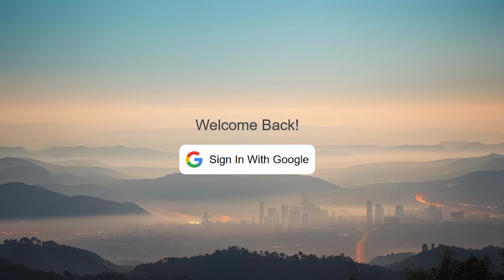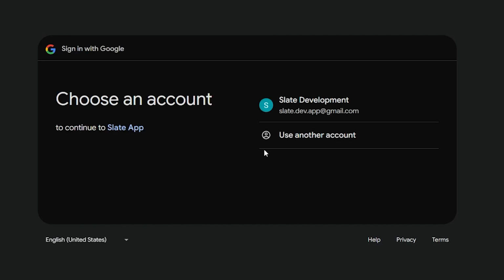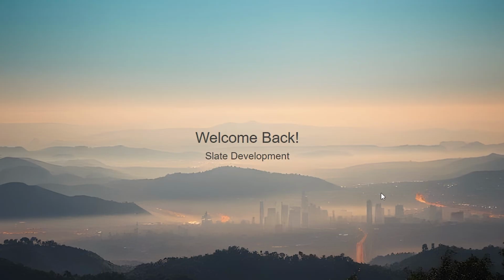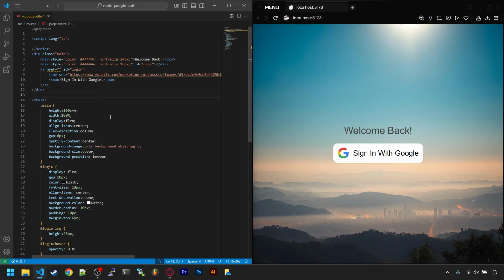Hey, in this video we're going to be making a sign in with Google button that uses Google's OAuth2 Authentication API. I'll show you all the steps needed to set this up, including what's needed on Google's side. To start off, I'm using Visual Studio Code and a SvelteKit app, but most of the code we're going to